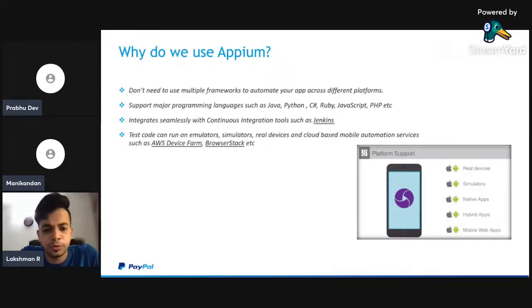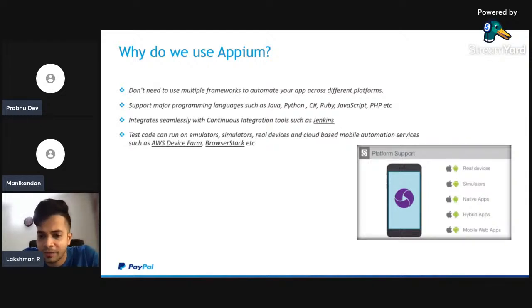Yes. Why do we use Appium? Because it supports native applications, hybrid applications, and web browsers on mobile. So it covers Android, iOS, and web platforms. You don't need multiple frameworks to automate your app across different platforms, like one framework for iOS and one for Android. It doesn't work like that. That's the key thing.